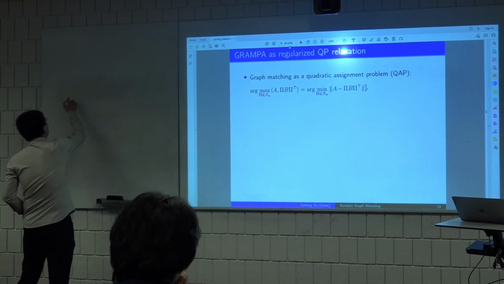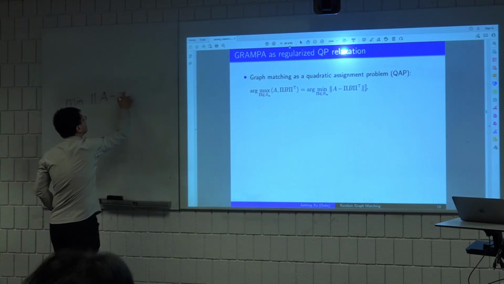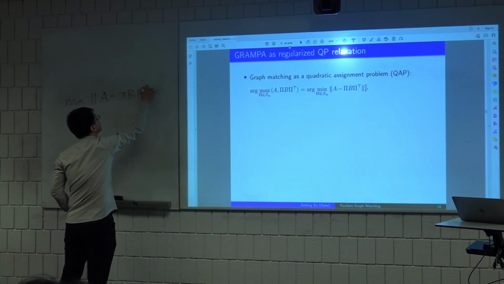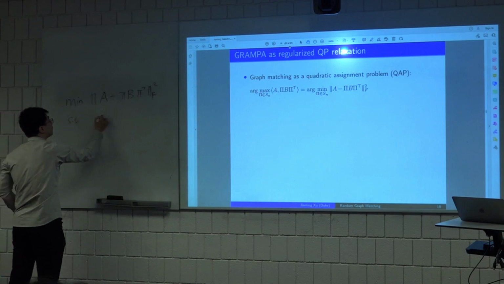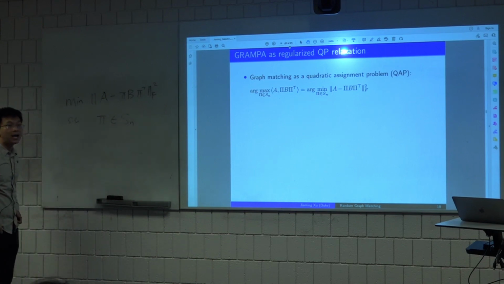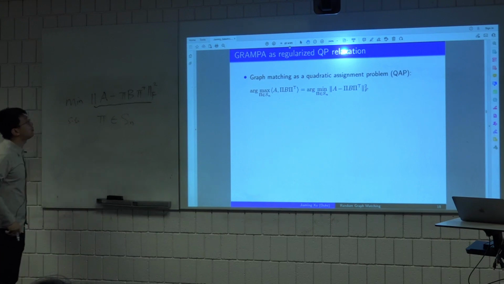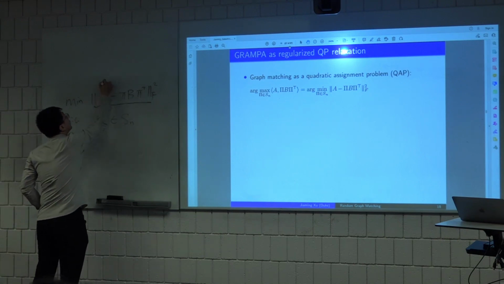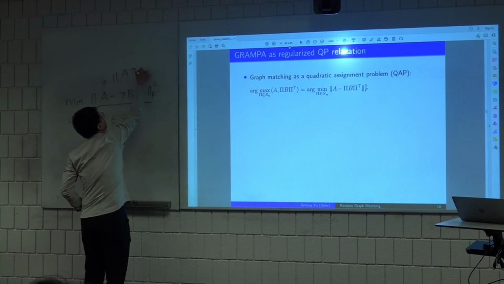Okay, so the nice thing now is that if you look at this one, this constraint means pi is a valid permutation matrix. The first thing is that this objective in this form is not that nice, but in fact this objective is equal to, if we multiply this by pi,